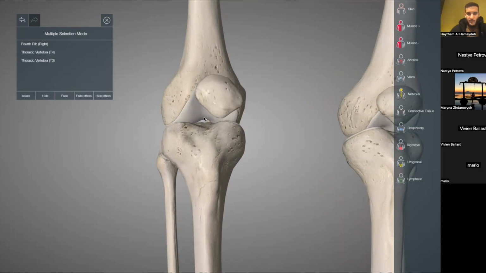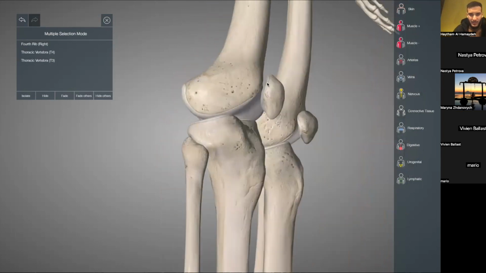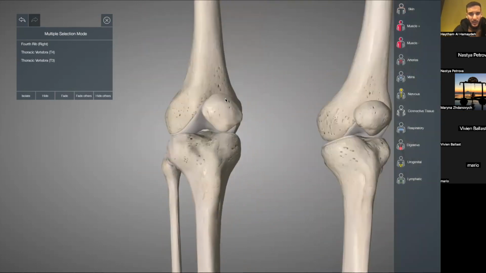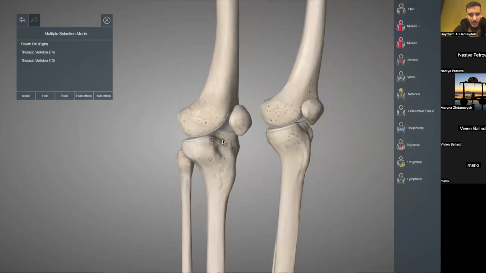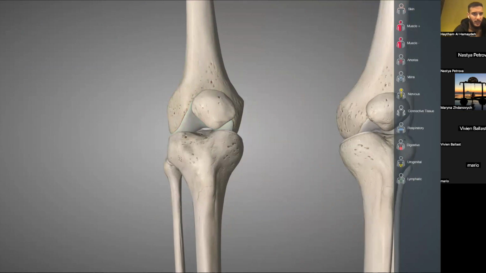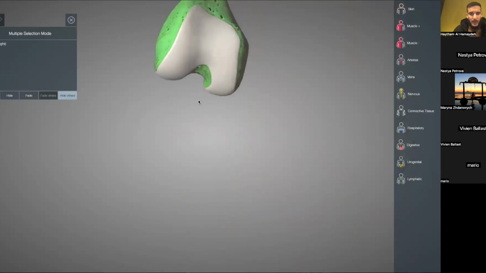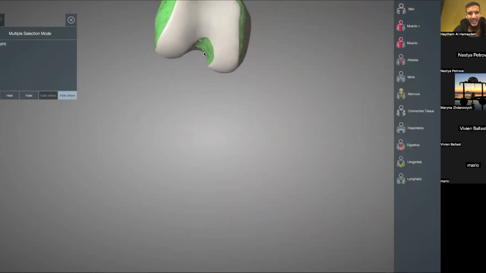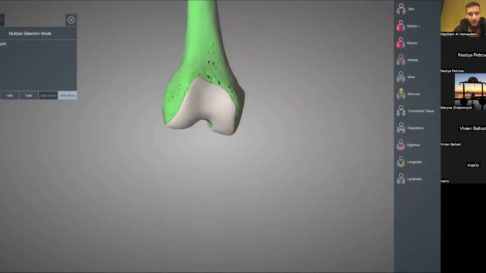Can you repeat the part after patella? Okay, the patella's posterior articular surface articulates with the patellar surface of the femur. Then we are talking about these touchings. I will maybe use this. Just give me a second. I'm going to reset, select, isolate, boom. The lateral condyle, the medial condyle, and the intercondylar fossa of the femur articulate with the tibia on